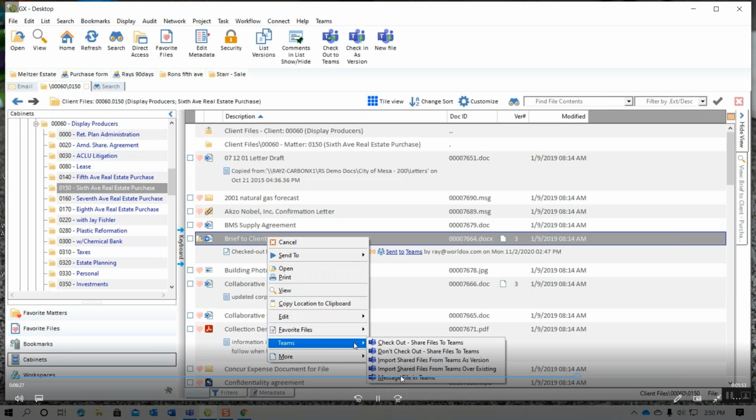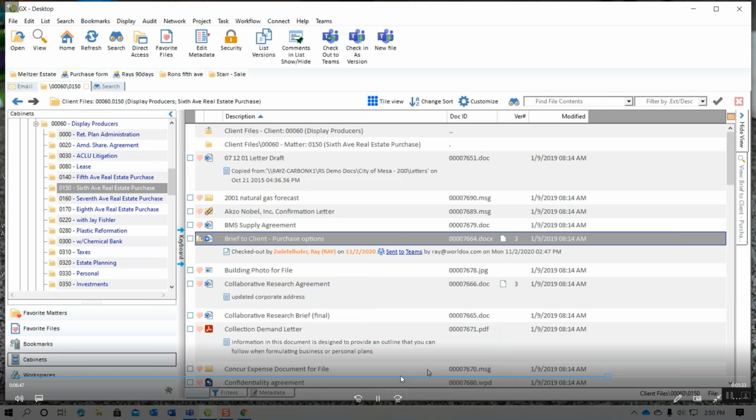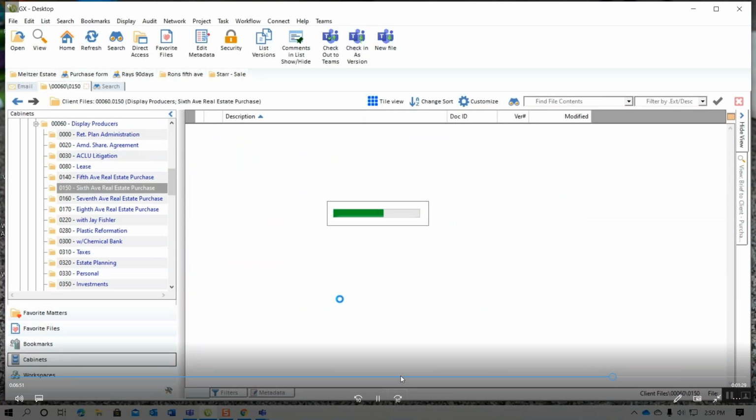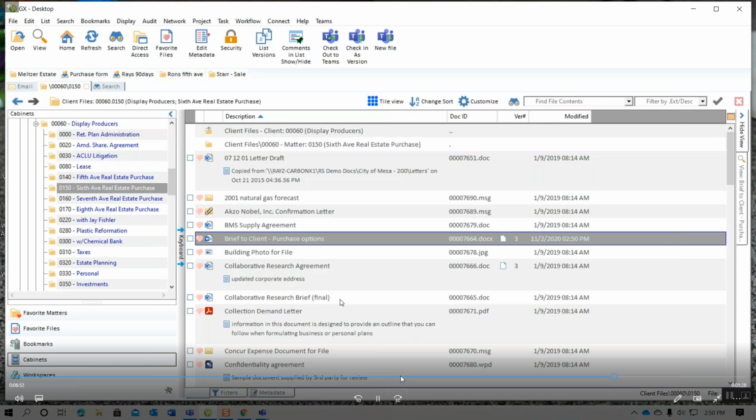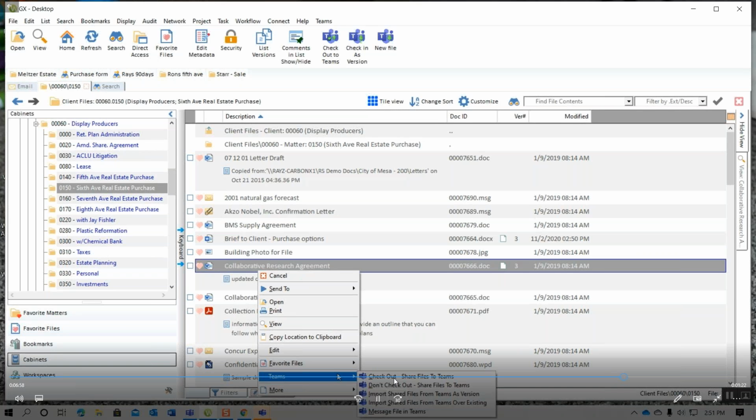So another thing is when you're in Worldox, you have quite a few right-click commands. We chose to put the add new file to the top of the menu though. I'm going to import this real quick over the top here though. Check it back in. I don't like checked out documents. Move that back up. At the top of the menu, you'll see the new file. So when you click that,